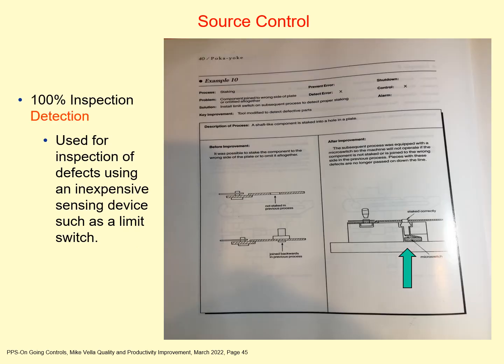Here's another example. In this case, these are detection modes. So on the left-hand side, this is sort of the before and after, left and right. There's this, whatever this is, this boss on the right-hand side, and it could be staked in or welded in, either on the top or on the bottom. But by having a fixture where there is, in this case, a limit switch, where that